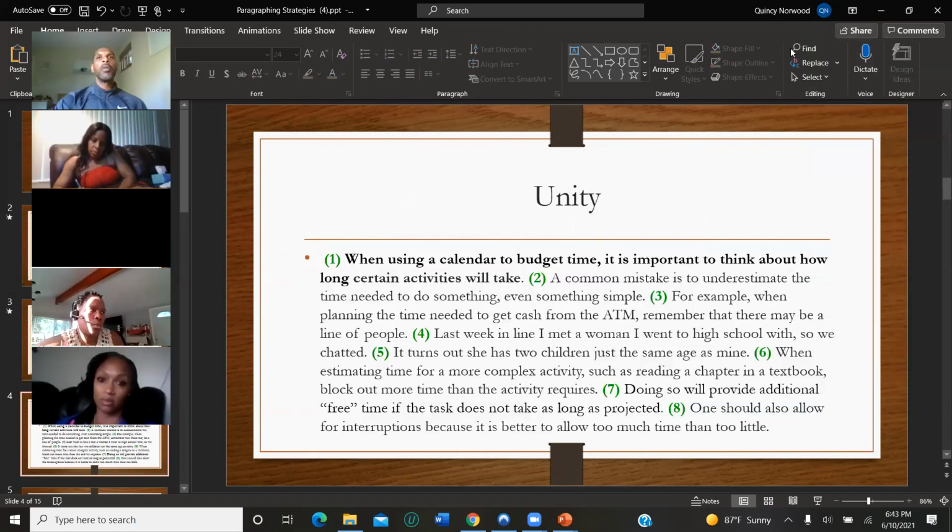When using a calendar to budget time, it is important to think about how long certain activities will take. That's what this paragraph is going to be about: making a calendar and knowing how long things take. That's it. So your main idea, think about that as a fence that goes around your paragraph.